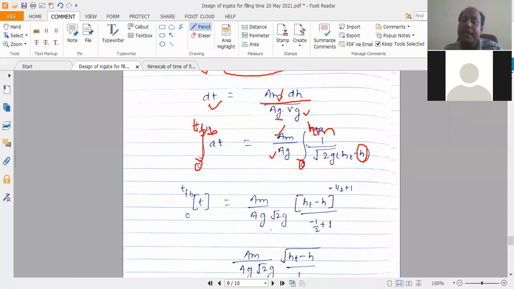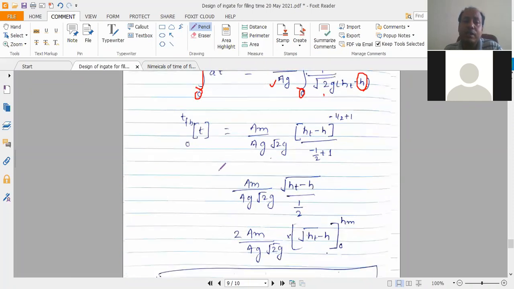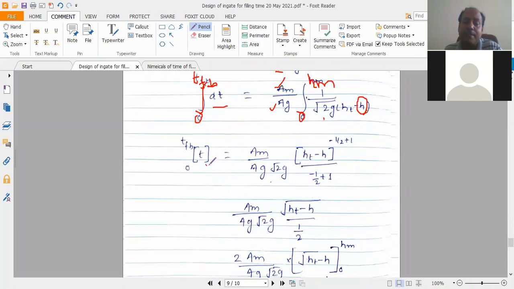So if we integrate it from 0 to hm, the height, the time of filling will be covered. So let's integrate it. If we integrate it, dt will be the time of filling by the bottom gate. Am/(Ag·√2g) is the constant term, so we will put it outside. Now √(ht − h) when integrated,